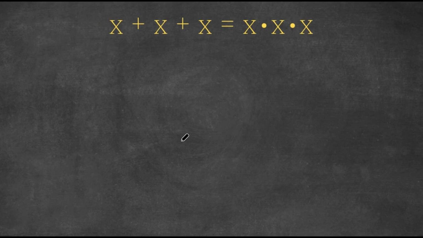In today's video, I'm going to be teaching you guys how to solve this equation. So we have x plus x plus x is equal to x times x times x. Now what we're first going to do is we're going to simplify both sides. So let's first start by adding these three x's. x plus x, well that's 2x, and 2x plus x is 3x. So we have 3x